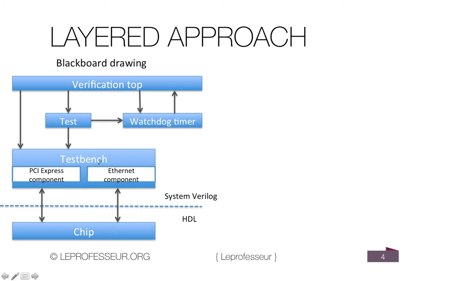And all these components then in the end are connected to the test bench, right? And in the test bench we can have individual agents, or we can make one more layer, agent plus some other components clubbed together into a component which drives stimulus to the chip. And in a typical chip you would have PCI Express, okay, connectivity, bus connectivity, Ethernet components. So this is just an example. You may have more components associated in this whole system,